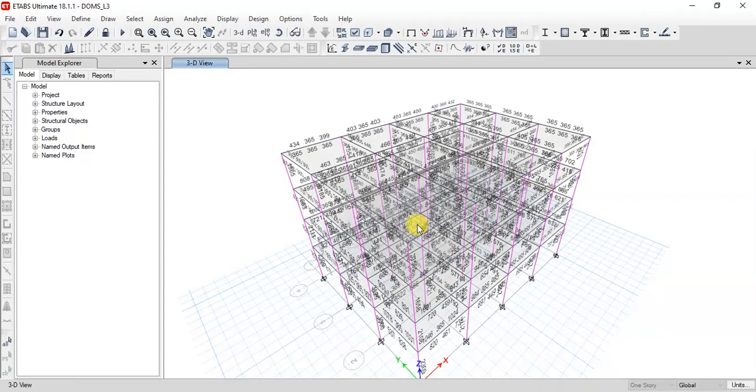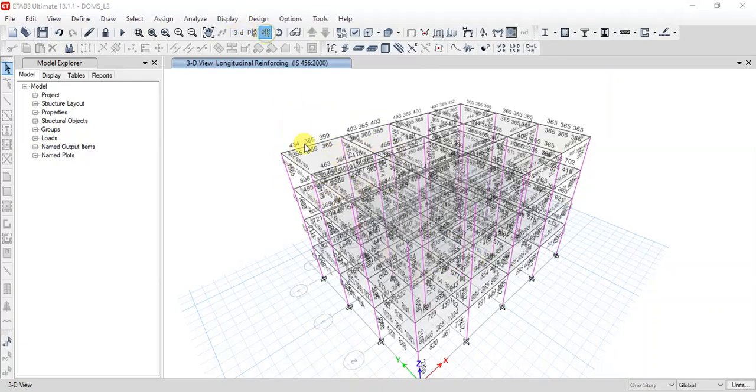Now it has given the results. As you can see here in this beam, at the top the reinforcement needs to be 434 mm square, and at the bottom 365 mm square. This is the Ast, the area of steel that needs to be provided.